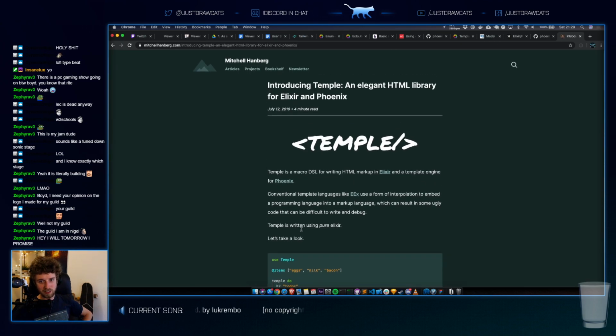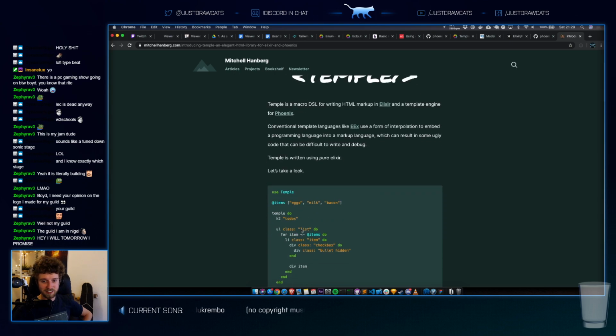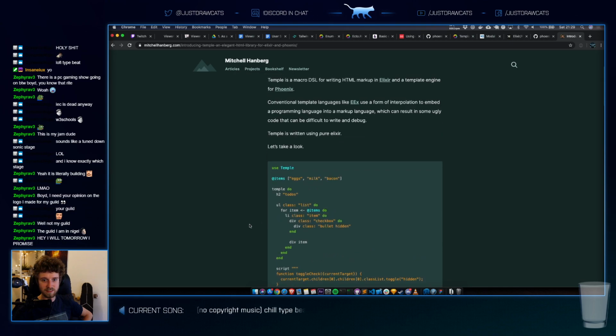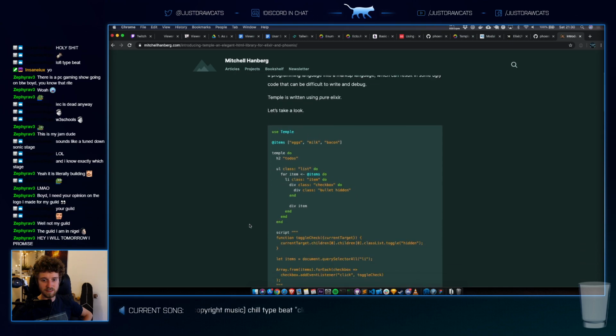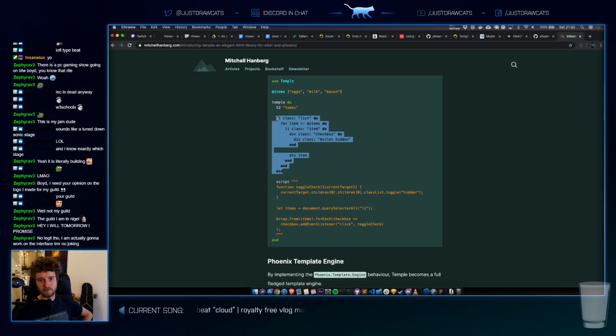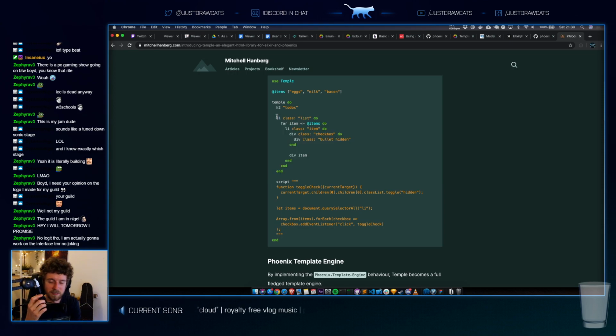Introducing Temple, an elegant HTML library. What the fuck? Feels a bit like, what is it called?